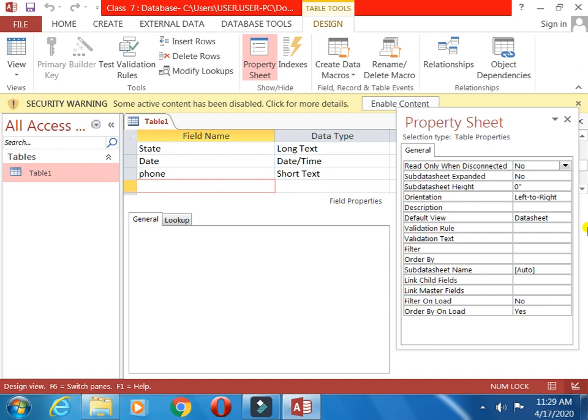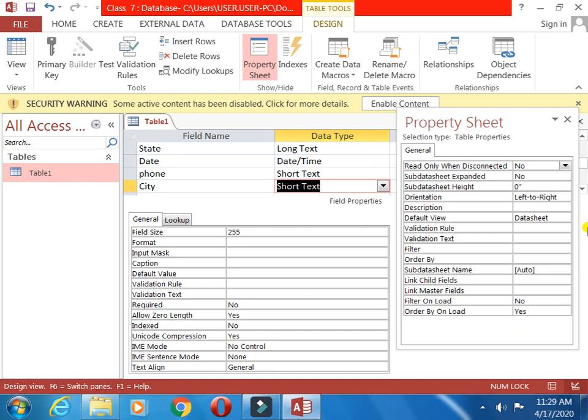What we will do here, one more field we will add. Suppose this is town, otherwise city. Sometimes you have seen that for the city we always write a short form.